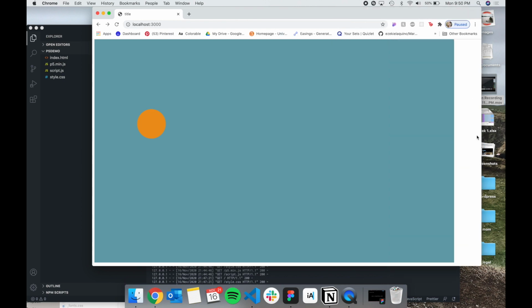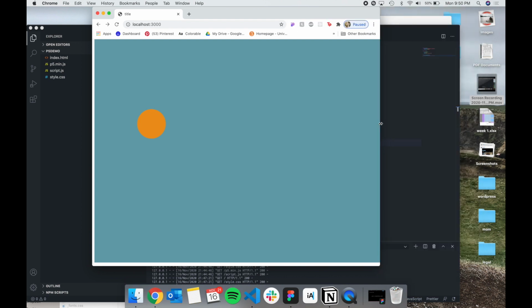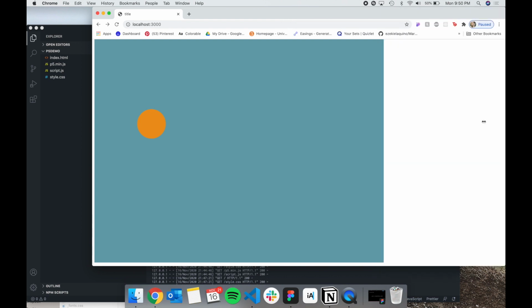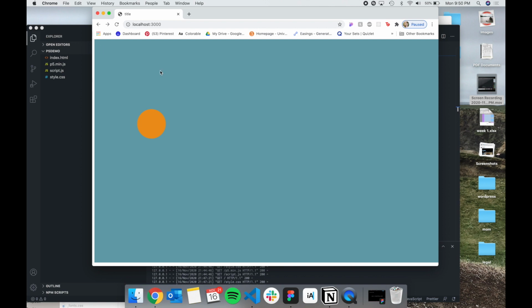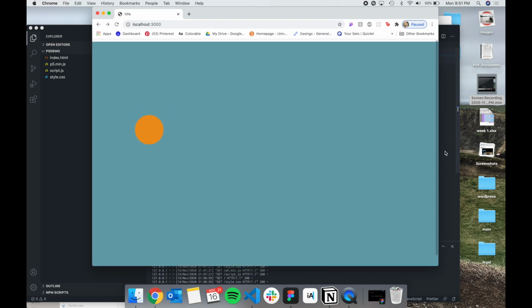There's going to be this white space here because our canvas never updates its size to match whatever our new window size is. So now let's refresh this page and see what changes. So we can see for the initial load it looks the same. There's nothing really that you can scroll horizontally or vertically. But now if we resize the page,